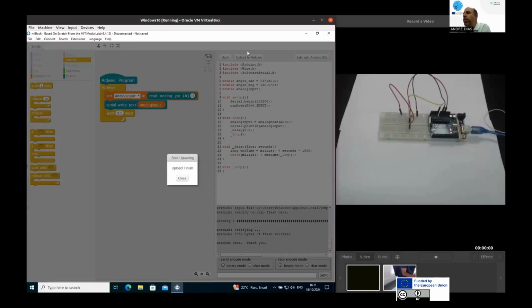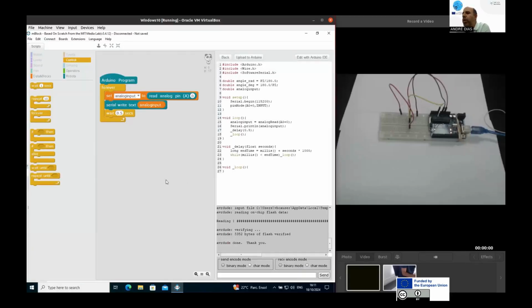We complete the upload. And now, to make sure that we are able to see the serial write text, we need to connect again. You're going to start seeing here in your shell the message. We need to change to share mode. And then you are seeing that we are receiving